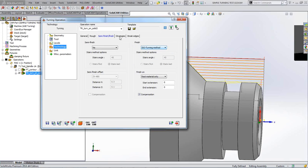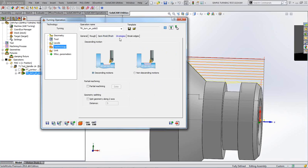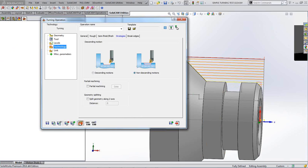Going to technology, we've got a little tab here called strategies. And hey ho, here we have a little option where we either tell the tool that it can go in any descending motion like that, where if it finds a groove or a pocket or whatever, it can go down in there, or we can tell it not to. So obviously the idea is to tell it not to go down there. I'll resave and recalculate that, and you can see now that our graphic has changed, and I'll just simulate that